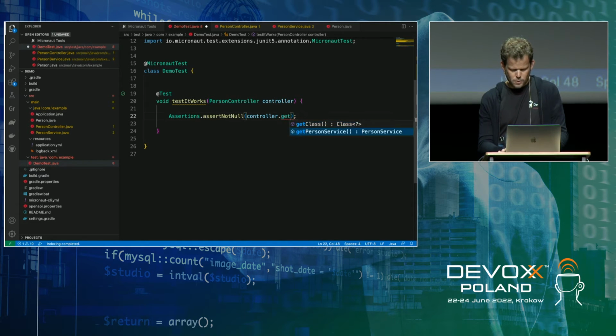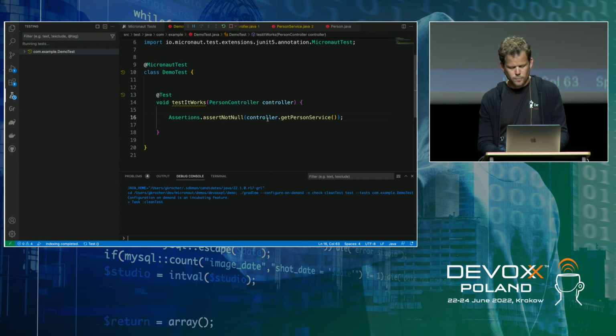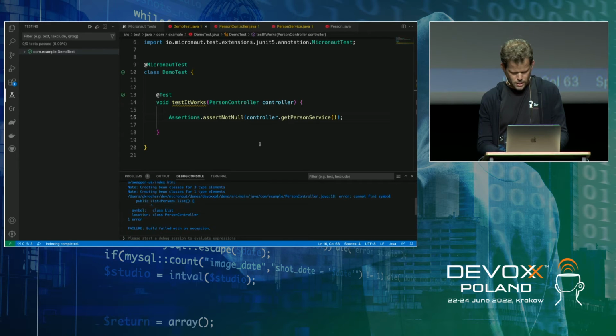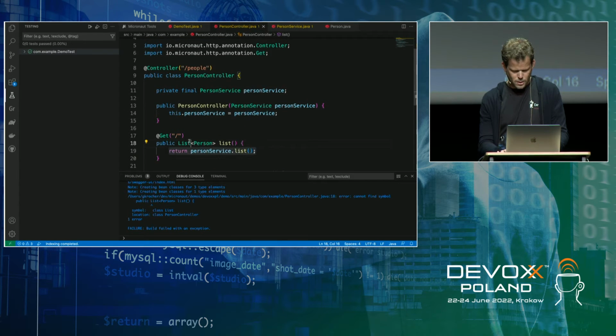So get person service. As you can see, if I write this and I do this, what happened there? Error: cannot find symbol in person controller. I guess I'm missing an import. I don't know why the IDE is not